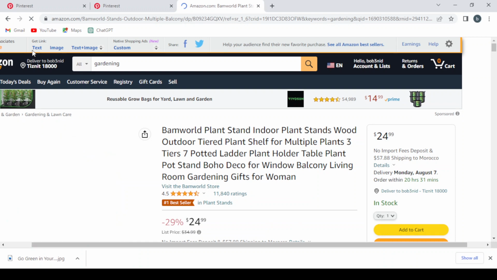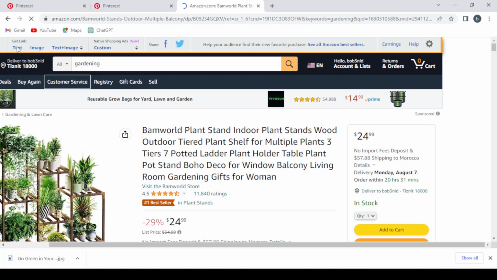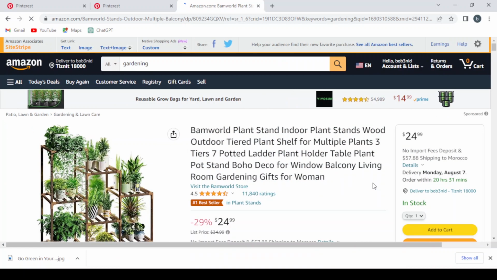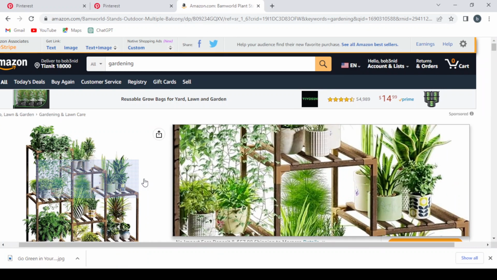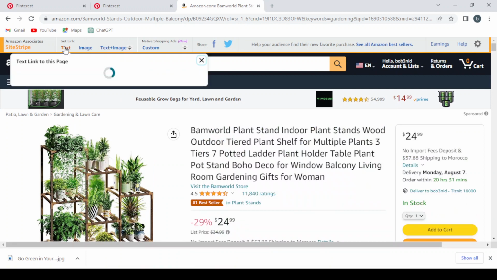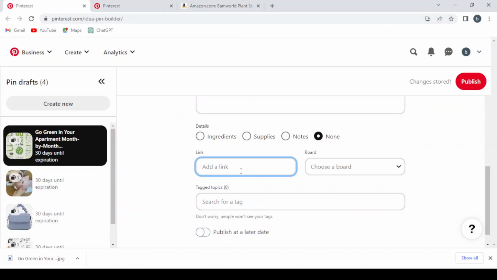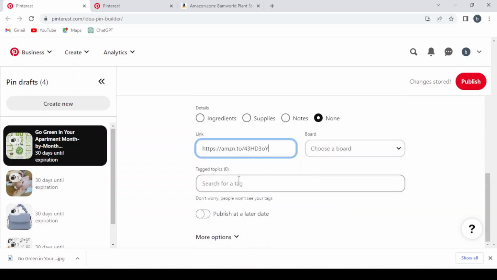And here we can get our affiliate link from here. But just let's wait for it to upload. So here we can get our link from here, affiliate link. We click on text, and this is our link. We copy the link and we add our link here, and here we search for tags that are related